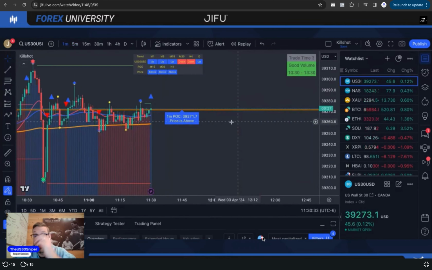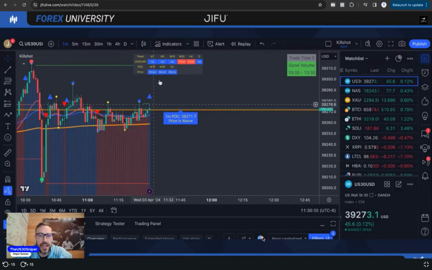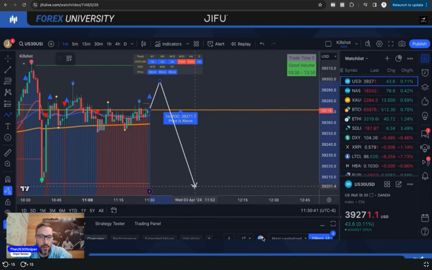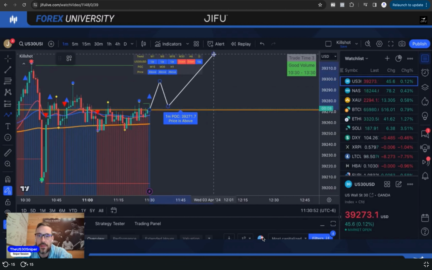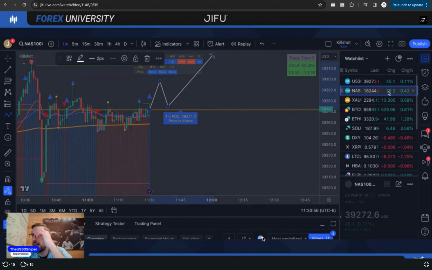And we just got a signal. I want to see it get out of this space. We wait for the pullback because this could expand here and just go all the way down, grab more volume. This could just be a little flash up. We want to see it break out, then come back to the top of this area somewhere and then head up. Okay. Let's go look at our friend Nas.